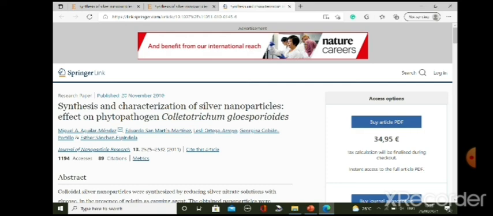So here that paper is synthesis and characterization of silver nanoparticles, effect on phytopathogen. Unfortunately, again, it is a paid article. You can send your request to the concerned corresponding author. This is how it is done. This is called cross-referencing. Why is it called cross-referencing? Because your first reference is a review, and using that review, you have got information about this reference. From this reference, you may get information about the next reference. This forms a chain. This is a linkage. This is called cross-referencing. You need to remember this. Cross-referencing is very useful in order to collect in-depth